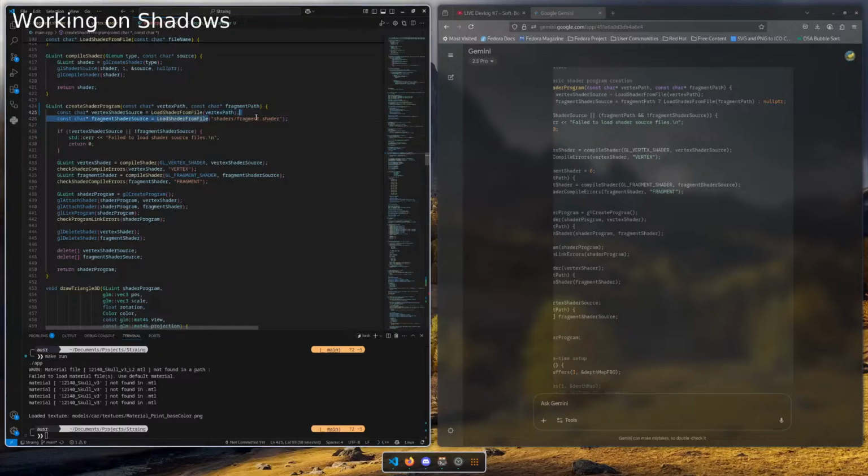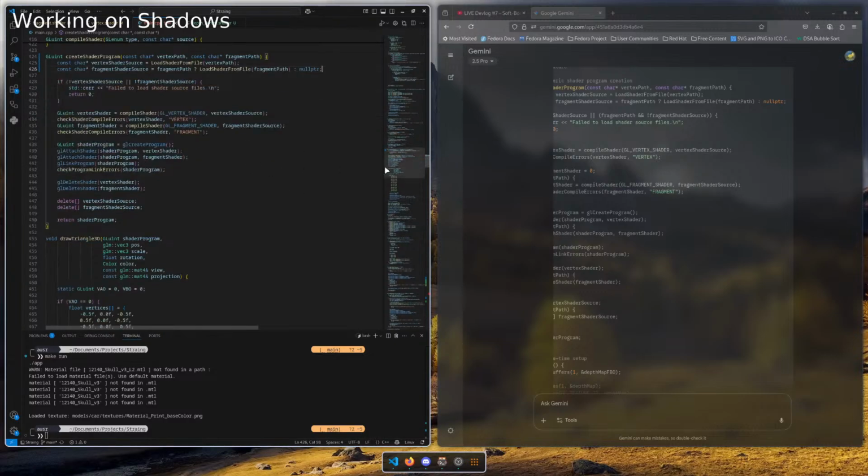You don't know how much I hate enums. If nothing, then it's a null pointer. If you didn't provide anything, alright, great.